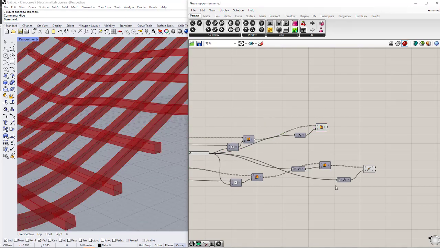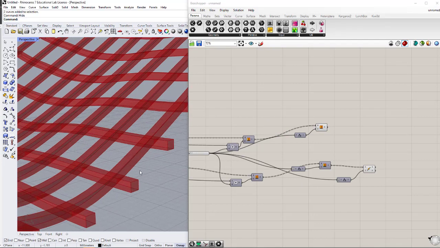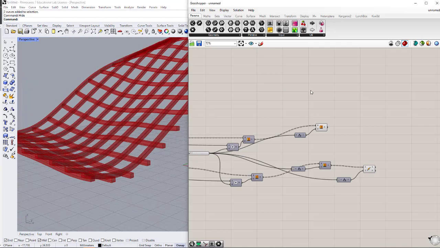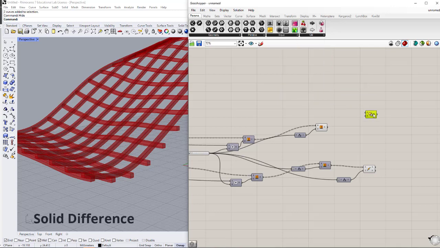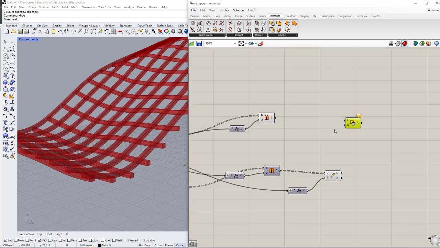Now I can also change these values and how much they are intersected together later. But the important next part is using a Boolean difference to make these slabs have some kind of interconnection or interlocking between its elements. So I'm going to use a Boolean difference, solid difference, sorry, and you can also find it inside the intersect and the shape part. So if I connect these two inputs